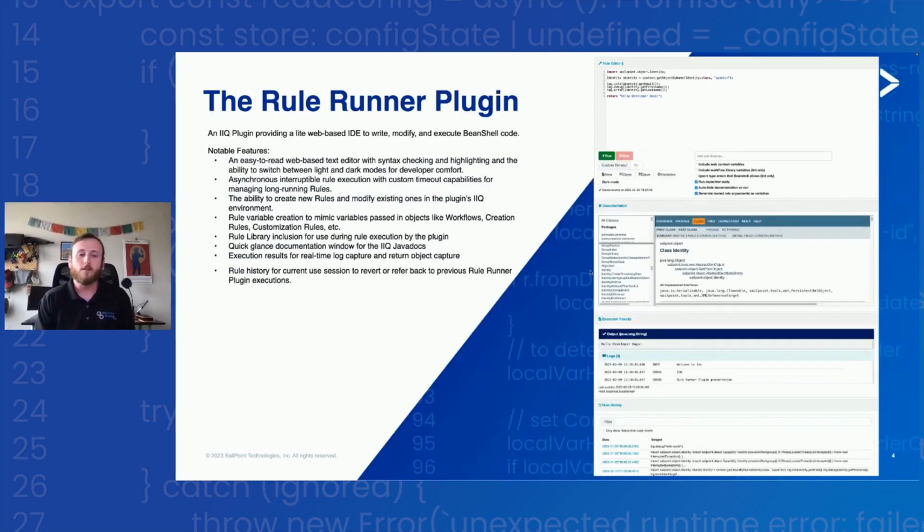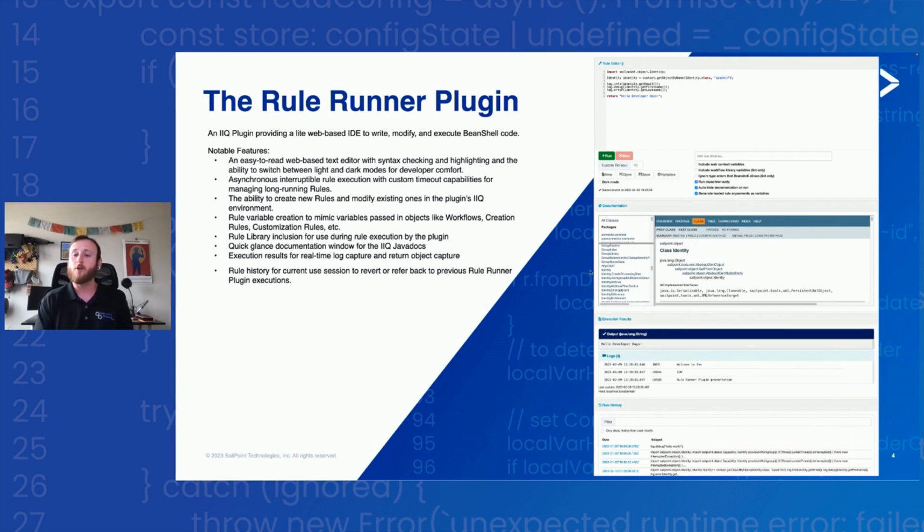Enter the Rule Runner plugin. So the Rule Runner plugin is a plugin that provides a light web-based IDE to write, modify, and execute BeanShell code with complete access to the IdentityIQ environment data. Some of its many notable features include an easy-to-read web-based text editor with syntax checking and highlighting,